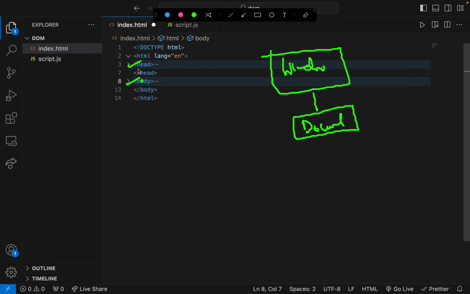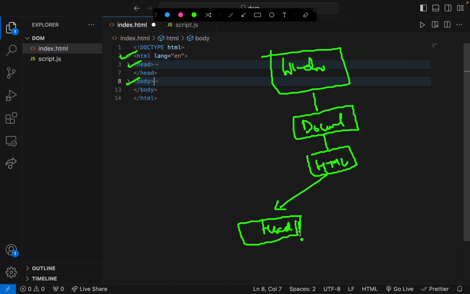I'm getting the HTML firstly, then head, and so it will have the HTML. This HTML will be an object on this tree. Then in the HTML, I got the head. This head will be created as an object. And then we got the body,